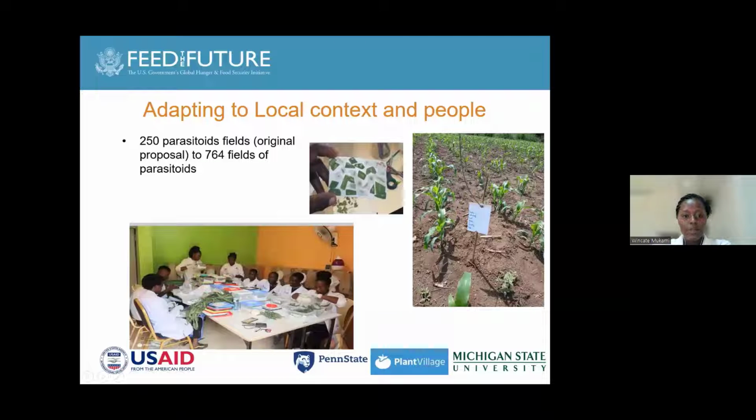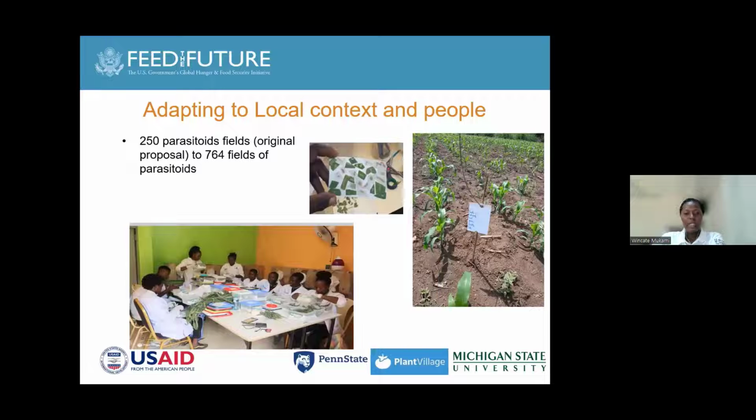So, for example, I'm going to talk about examples as part of the Innovation Lab in Kenya of what we did when the plan we have written and the actual reality on the ground do not match. For example, on this slide, we had in the proposal to release parasitoids on only 250